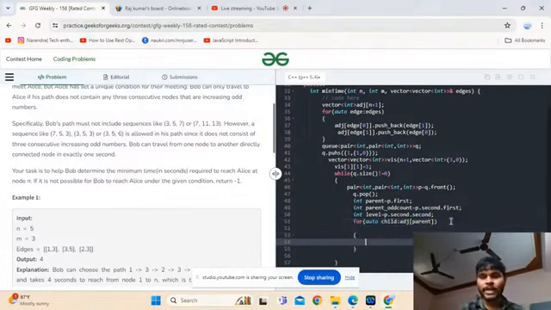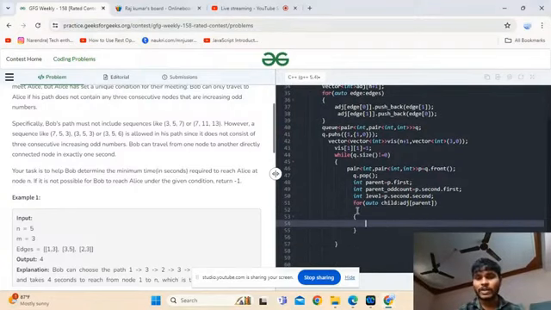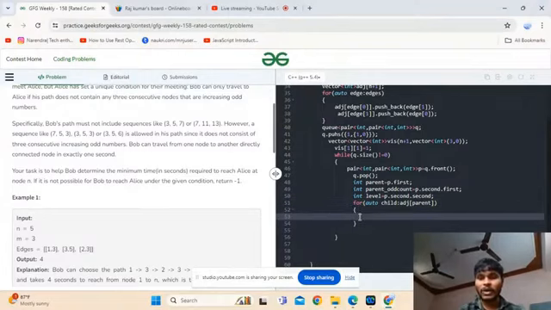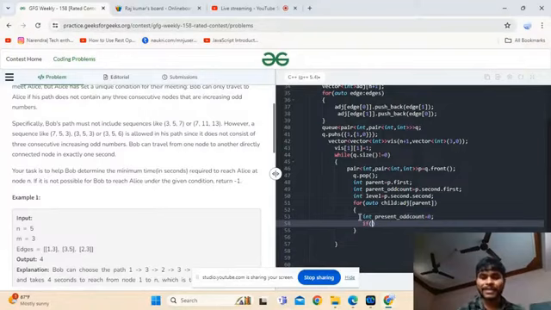Okay, adjacent of parent. Now guys, what I am doing here is, observe here, I have to calculate the present odd count. Let's take it as 0. If child is an odd number and child is greater than parent, then child is an odd number and child is greater than parent.